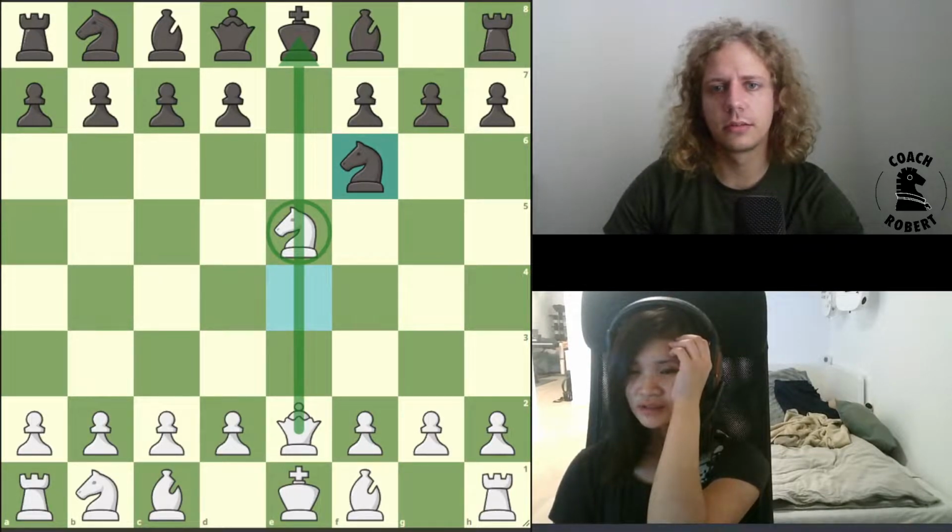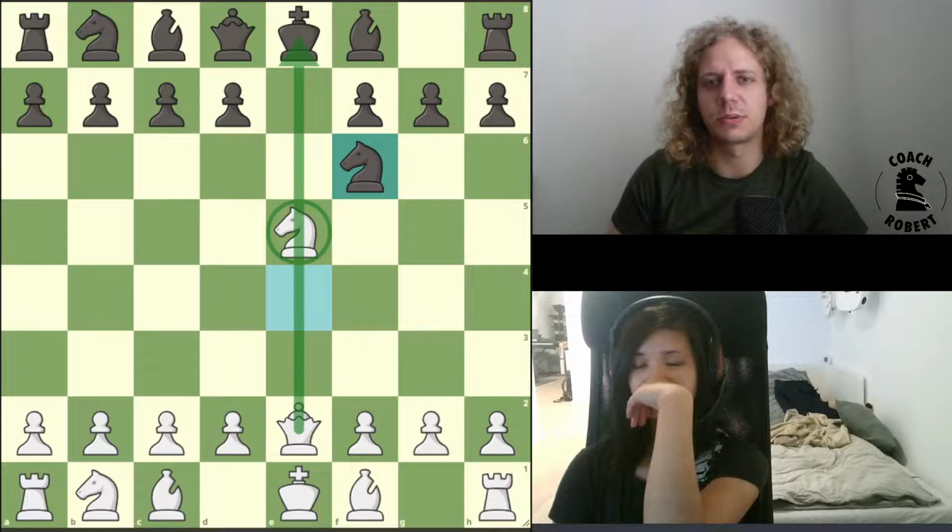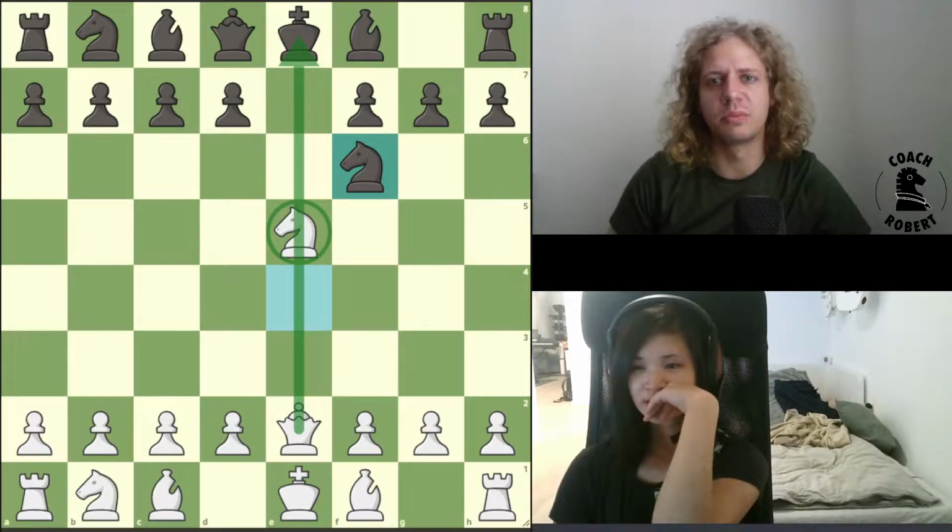Sure. I mean, I'm gonna be safe no matter what because he's in check. Sort of. There's one extreme case where they can save their king and defend against whatever knight move you make. So you don't want to put it on f7, for example, because then they can solve both problems simultaneously. They can take it. So,